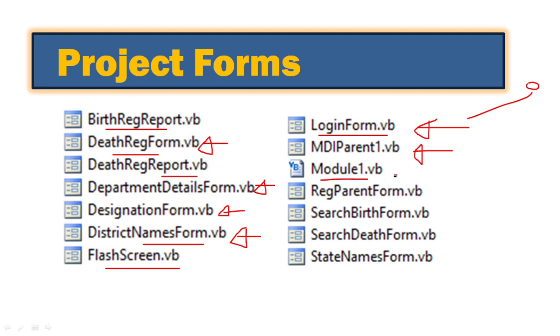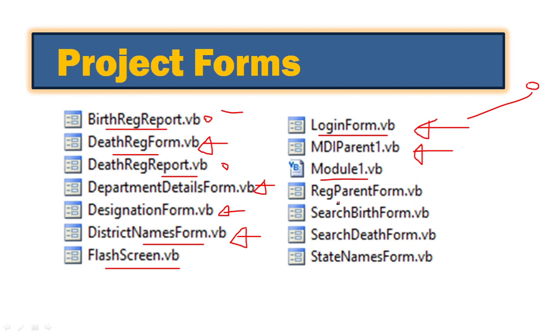Module. Generally we have a module in a project. A module is basically used to declare global variables, functions and procedures. Because if there is some data you want to transfer from one form to another form, and you declare a variable in a form, it becomes local to that particular form, so you can't send it elsewhere. Therefore we add a module, so that when you declare a variable in a module as public, you can have access to it in this form also.